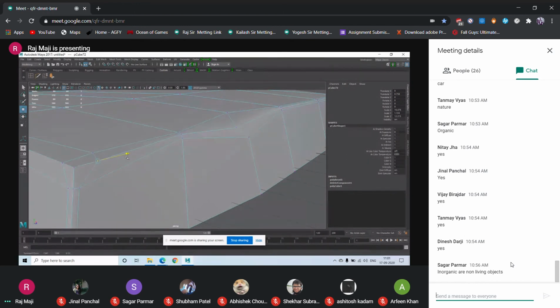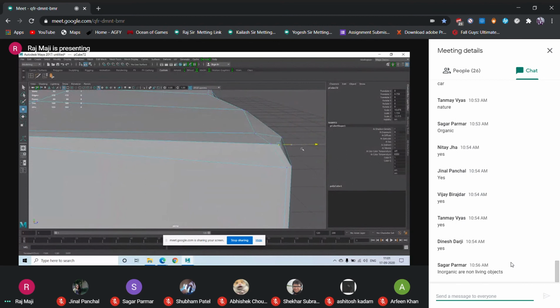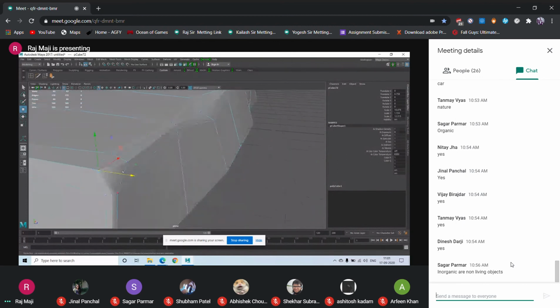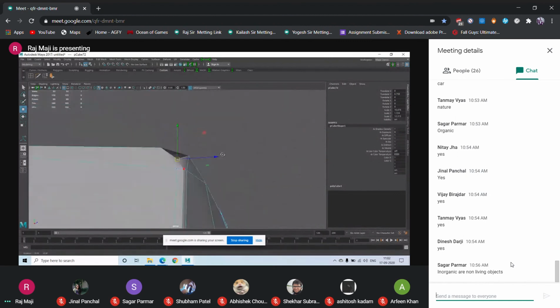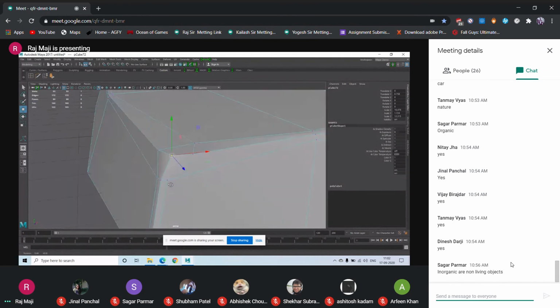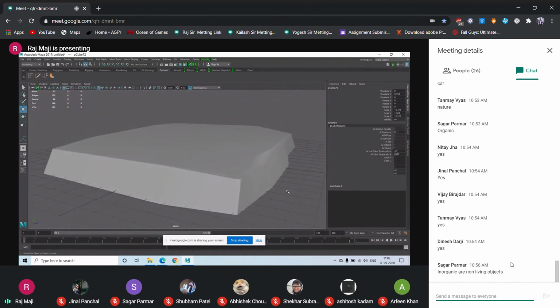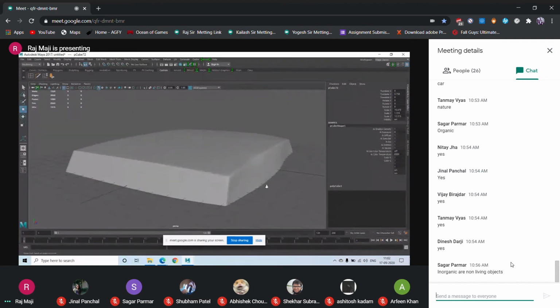See, with the basic structure only, trying to give it a shape. Right? If I press 3, it is not this much sharp now.